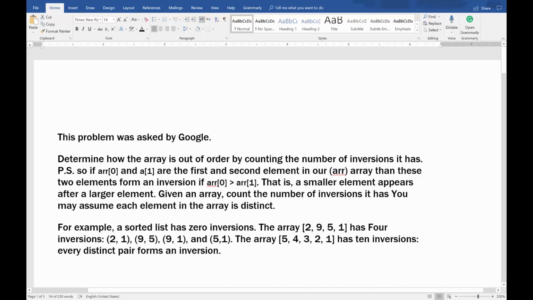Hi, in this video we're gonna solve a software developer interview question that was asked by Google. So basically when you apply for a software engineer or software developer job, most of the companies ask you a few programming questions to test your programming skills. This question was asked by Google and it says: determine how the array is out of order